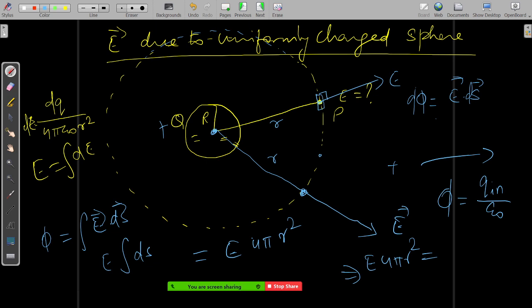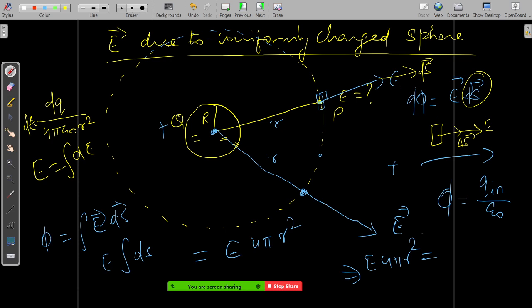Cos 90 is 0. So what I had told you in the first class is, if you take any surface, there is a vector called the surface vector. The surface vector is perpendicular to the surface. So this is the E direction and this is also the direction of your delta S vector, so the cos is not 0 there. So E dot dS is not equal to 0. The dS vector is basically perpendicular to the surface area.